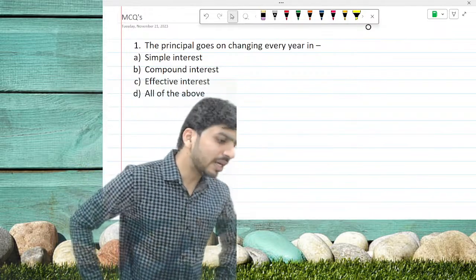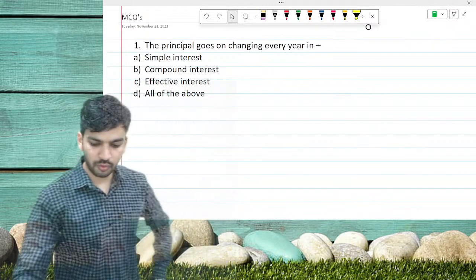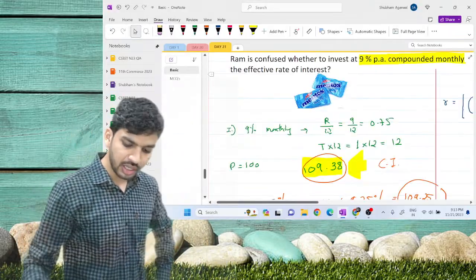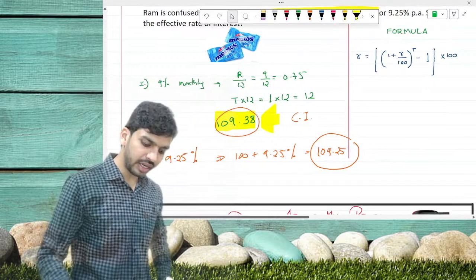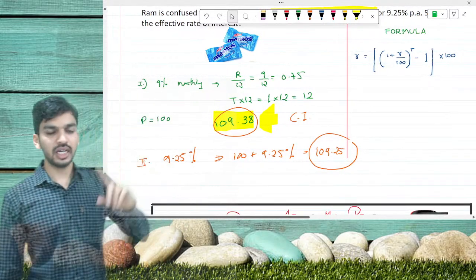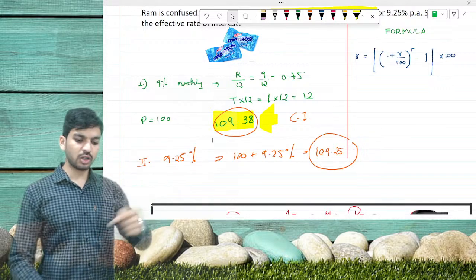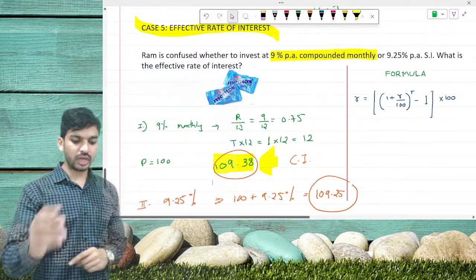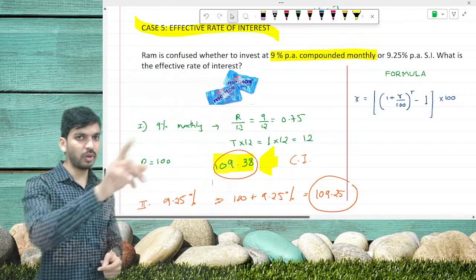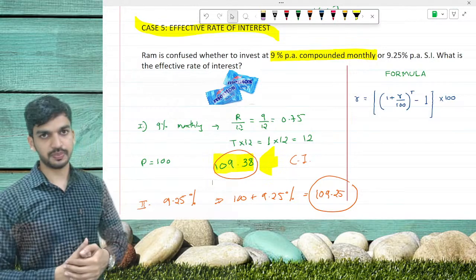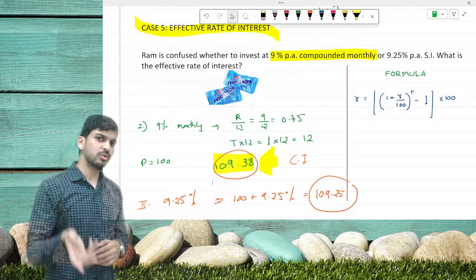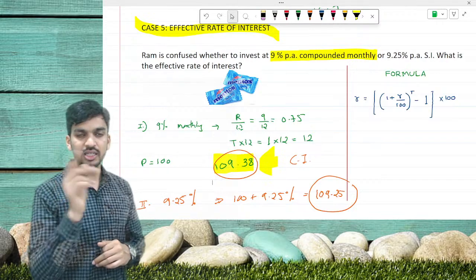How was the compound interest found? Yash, for finding out the compound interest, see now, monthly was given. So for monthly, the rate of interest is divided by 12. The rate of interest given was 9, so 9 divided by 12 comes out to be 0.75. That is your new rate of interest. Second, it is the time. Time should be multiplied by 12. 1 year is multiplied by 12.